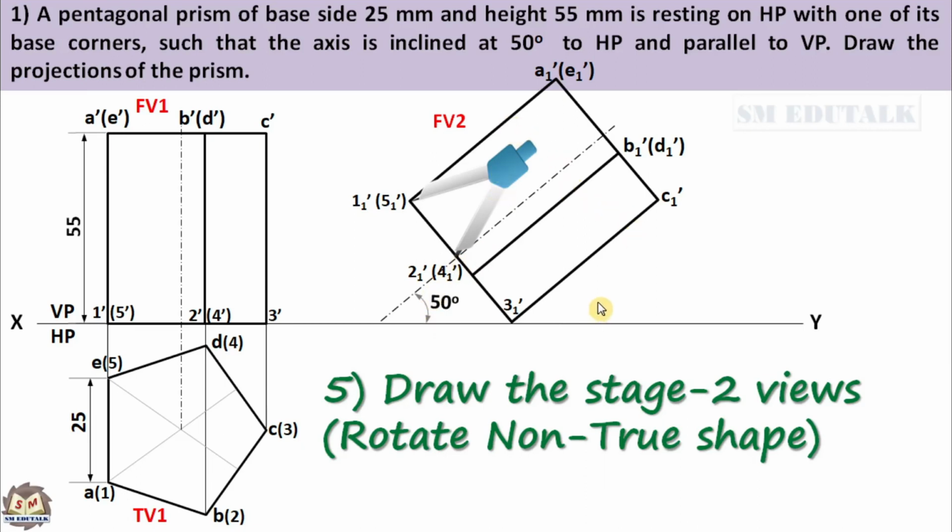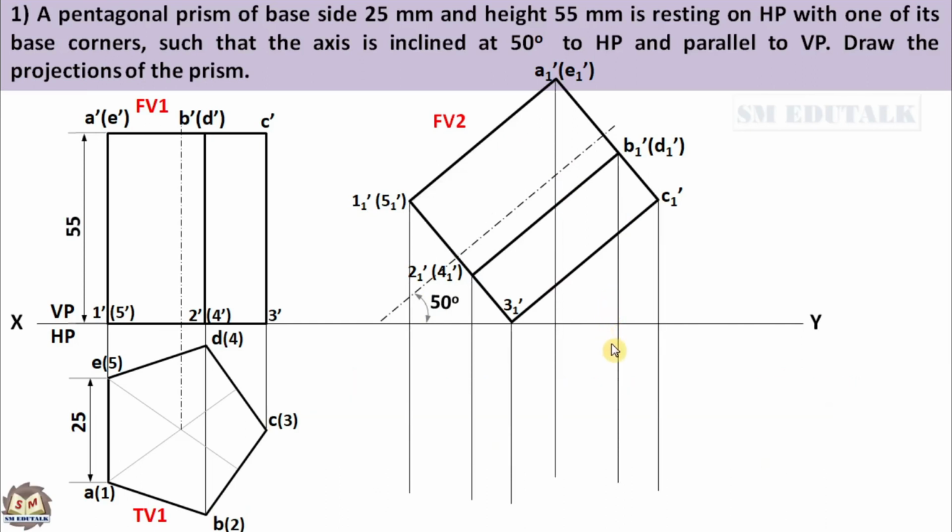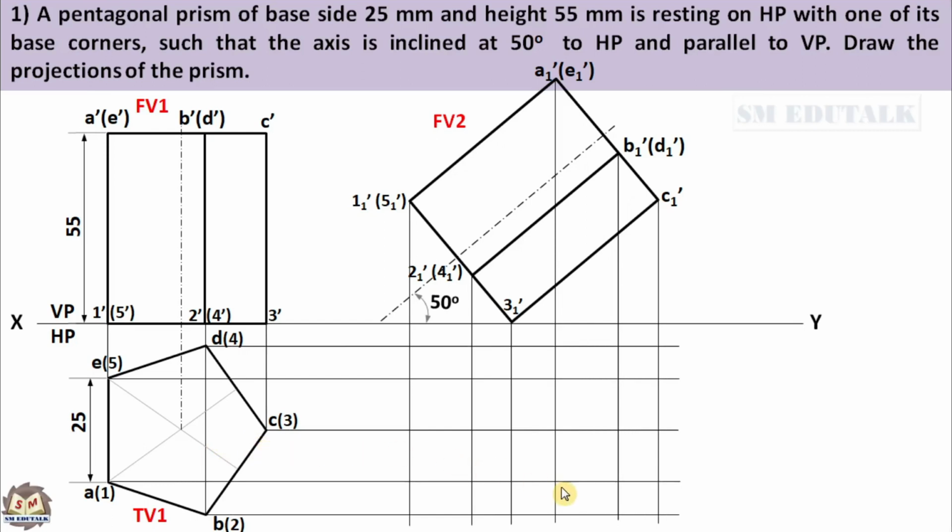Next, to draw the top view in stage 2, project all the corner points of stage 2's front view downwards and project all the corner points of stage 1's top view to your right. Now, these vertical projection lines and horizontal projection lines are intersecting each other, and 10 intersection points are created, like